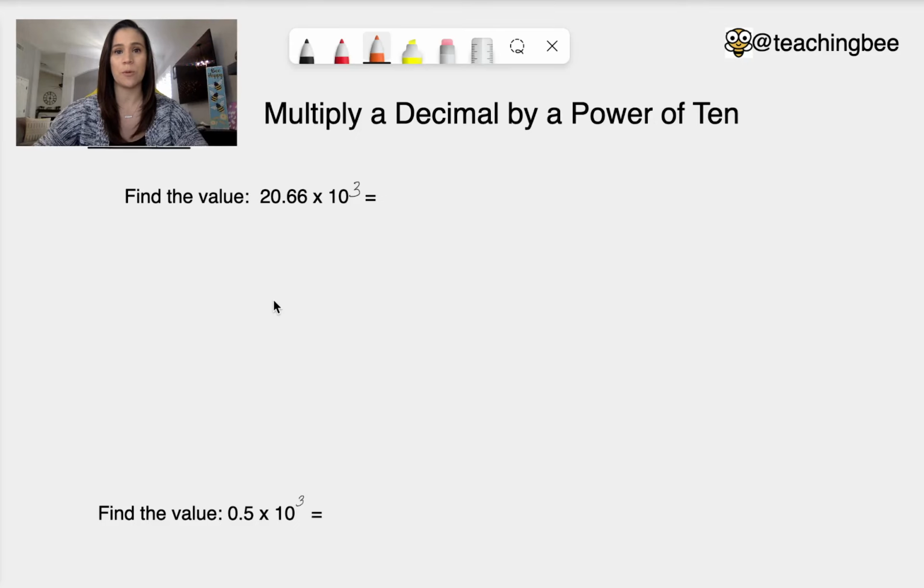So in today's lesson we are going to be working with multiplying a decimal by a power of 10. So let's go ahead and get started. So our first problem is we're going to find the value of 20.66 times 10 to the third power. And we know that